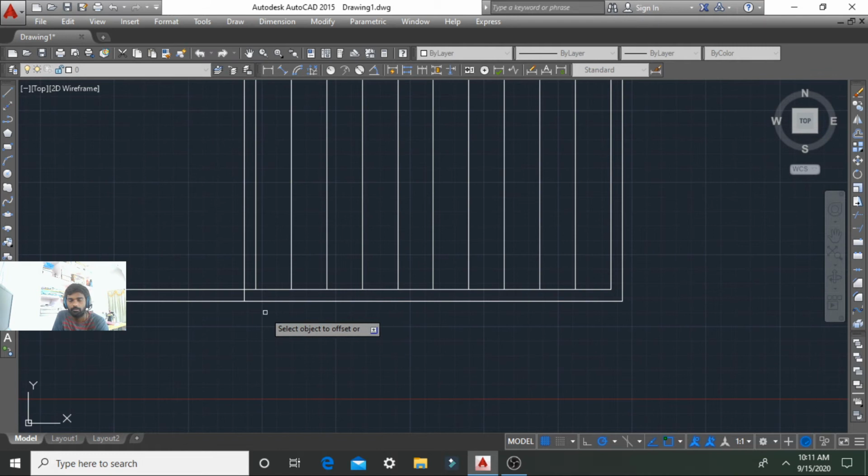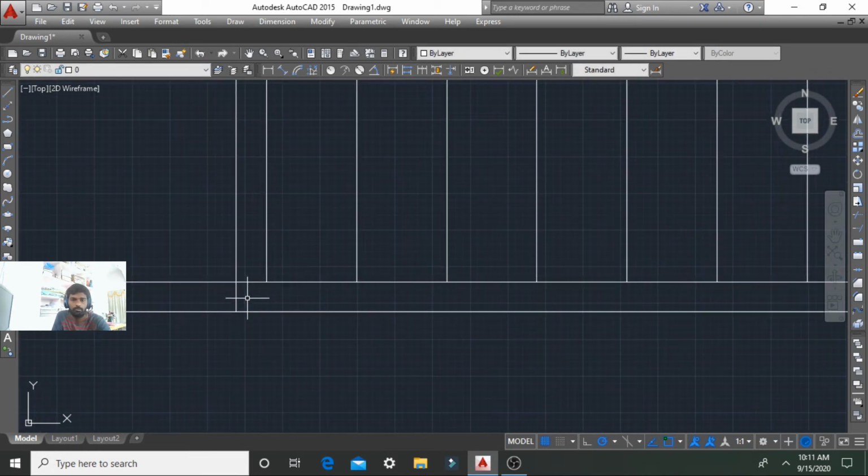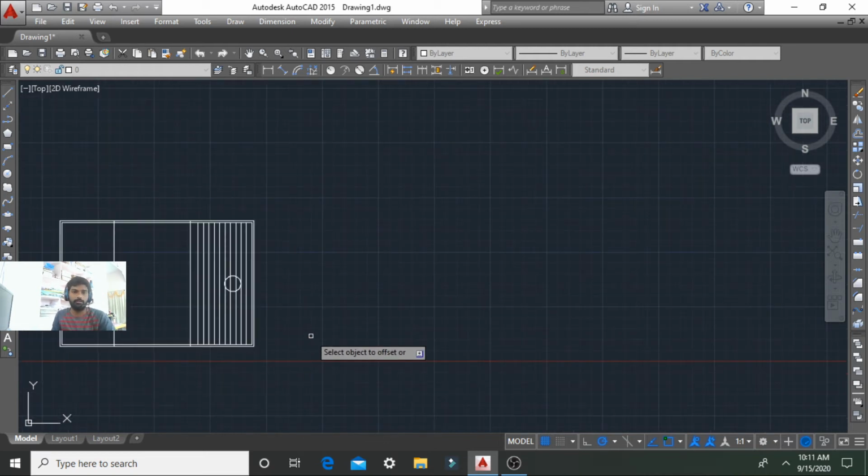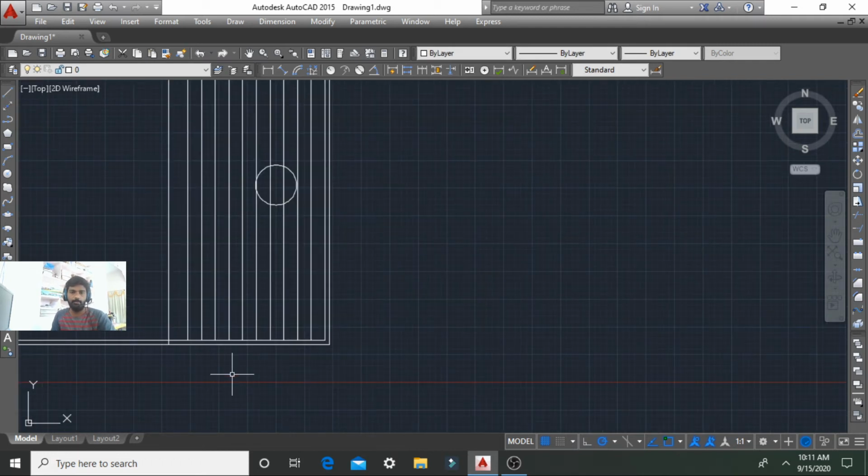Up to 1760, we can give the offset 1760. Then we can place the reinforcement here, 16 dia with 220 mm spacing.